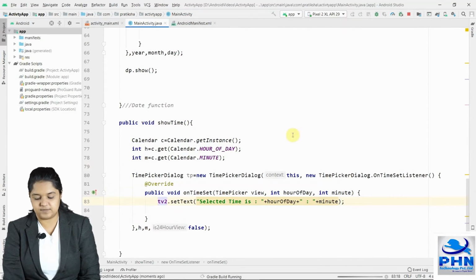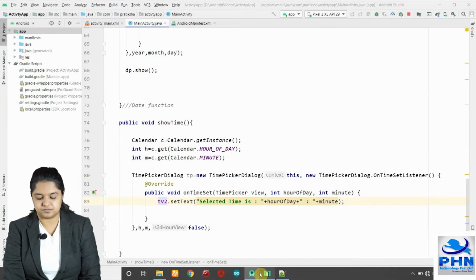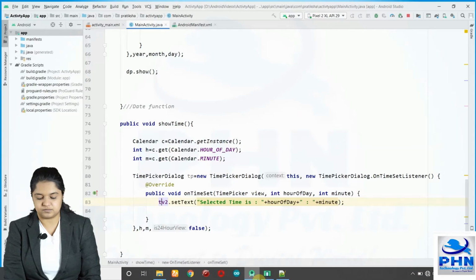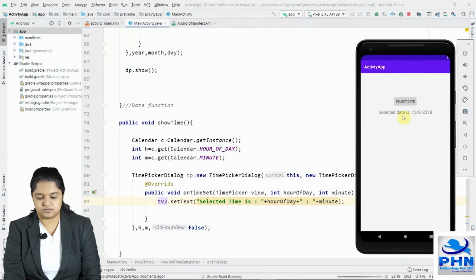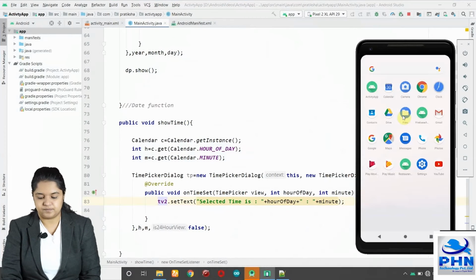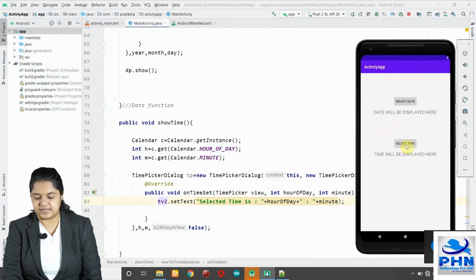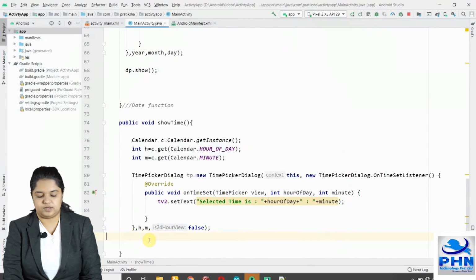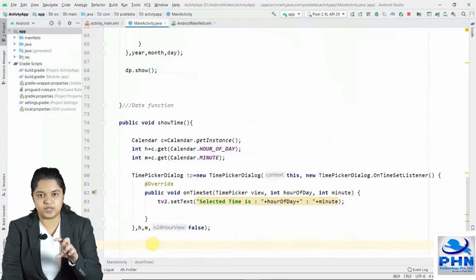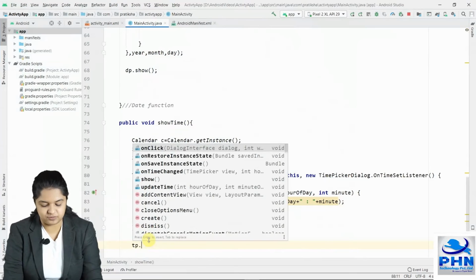Let's run this program and check the output. Select time. So here we have now created this dialog and we will have to display it.